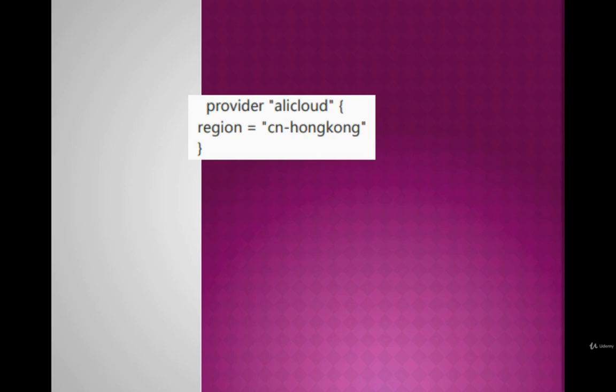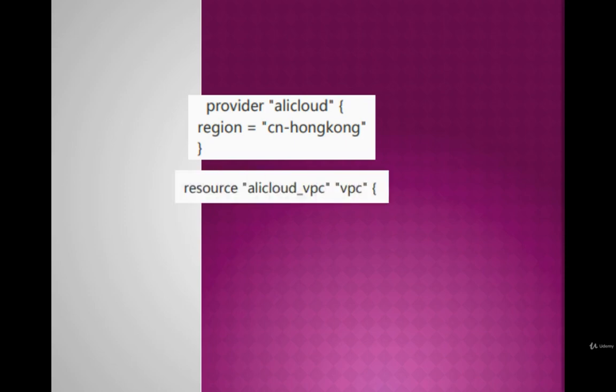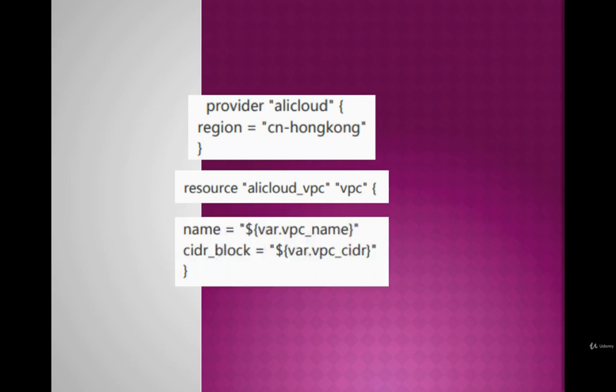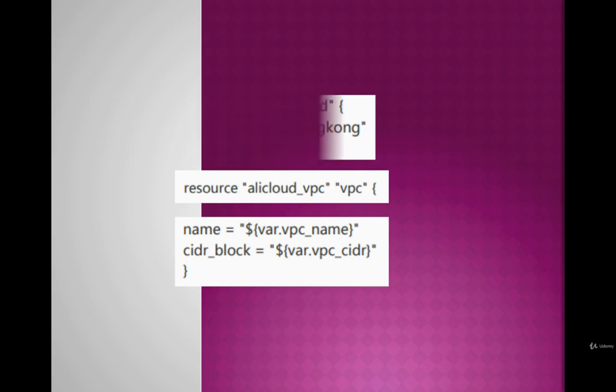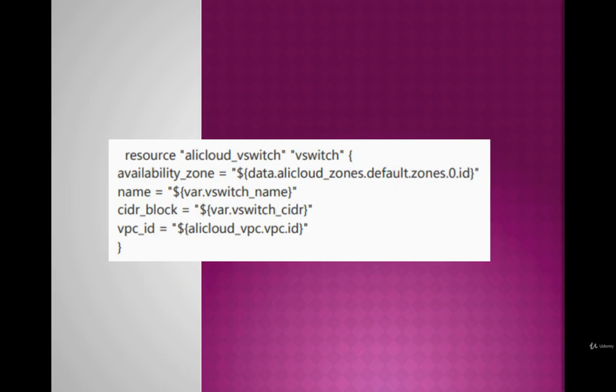main.tf, the main file of Terraform which defines the resource to be deployed. And region defines the region where resource will be created. As you can see on the screen, VPC is resource alicloud_vpc, and vSwitch is nothing but resource alicloud_vswitch, and the command for the same is this.